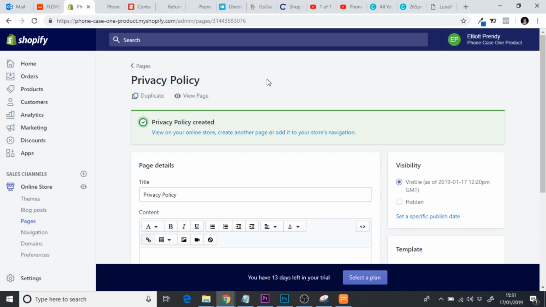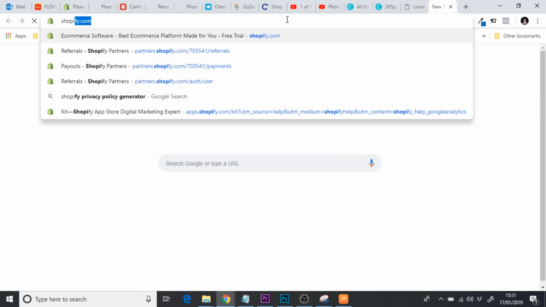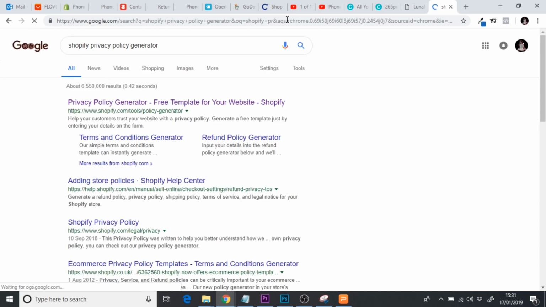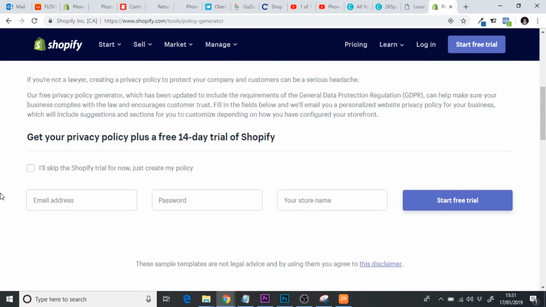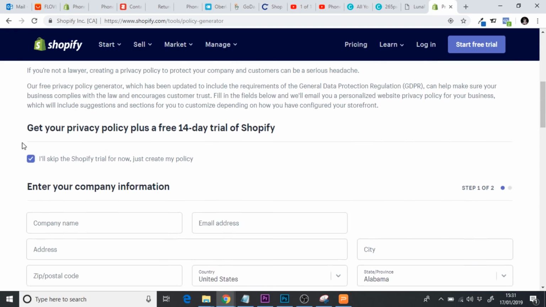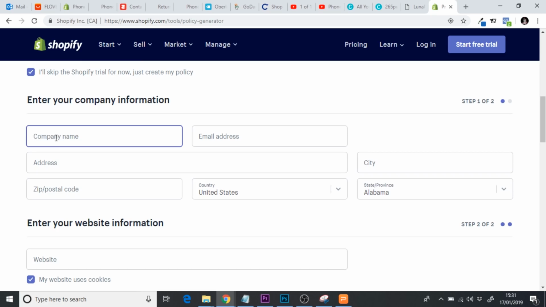So all we need to do is open up a new tab and type in Shopify privacy policy generator. Then click on the first link that comes up. And we're going to scroll down. We can just say I'll skip the free trial, so just tick that, and then we're going to enter in our company name, so indestructible case, and our email address. So this is the email address that your privacy policy will be sent to. So mine was